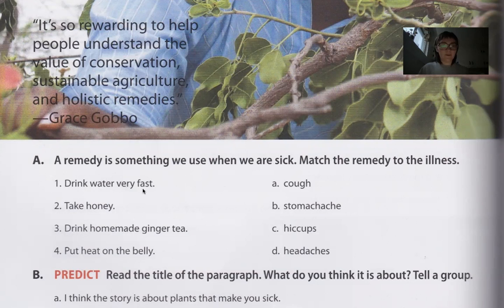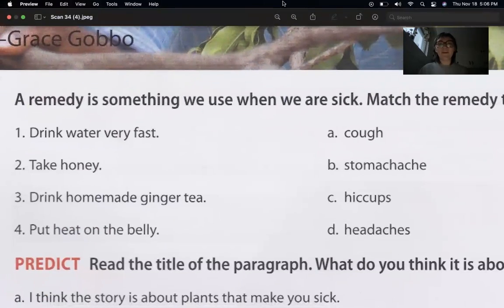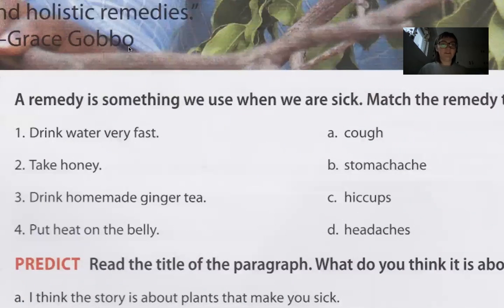Okay, so this will be interesting. Actually, let me get rid of this so I can zoom in a bit more. Okay, so we're going to talk about some remedies or holistic remedies, right? These look like holistic, meaning you're not just taking a medicine, a pill or something that treats the one symptom. You're taking something that can help it all, right? So whether or not these actually work, we don't know, but